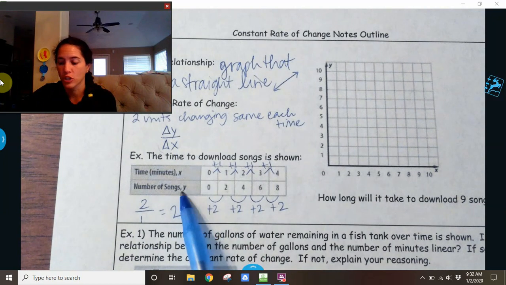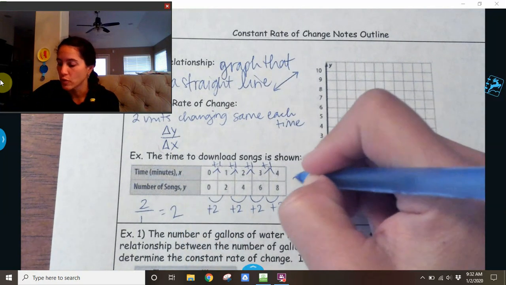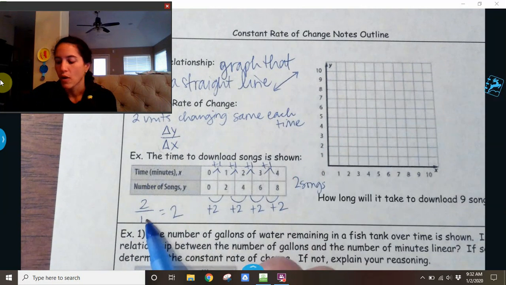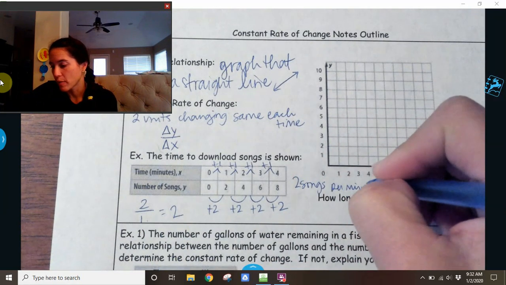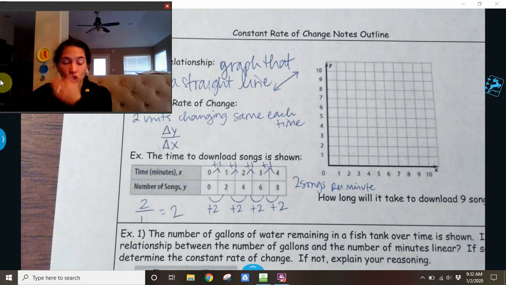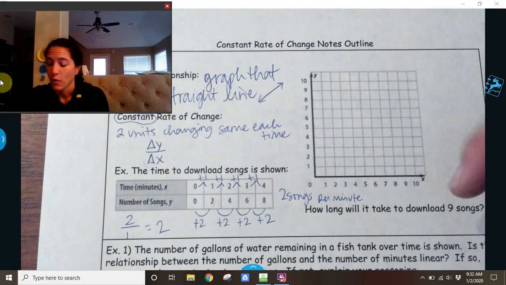Because the y went first, it went on top. So 2 songs for every 1 per minute. That is our rate of change. 2 songs every minute. All right, so now we can show you on a graph what that would look like